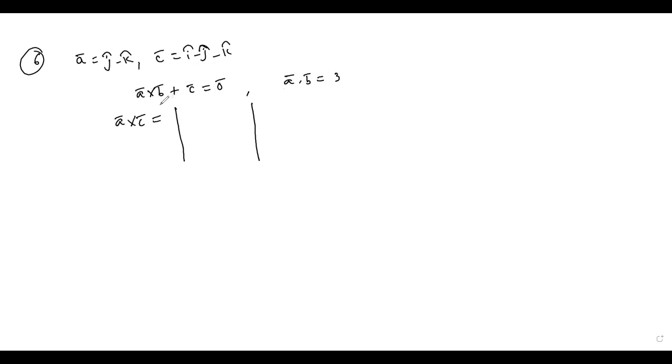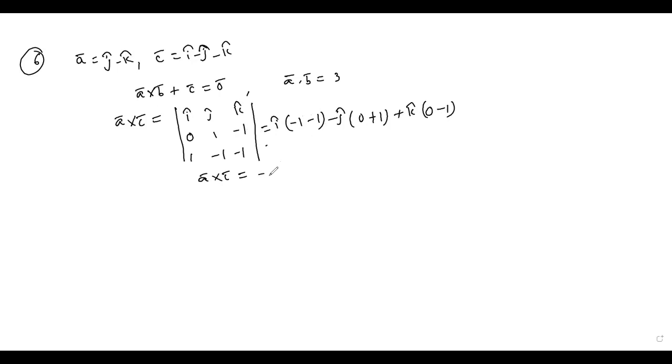Now in this, what value will we get? A bar components here i, j, k. A bar components: i coefficient 0, 1, minus 1; and 1, minus 1, minus 1. By expanding this, we get i into (1 into minus 1 minus 1), again minus 2, minus j into (0 into minus 1 minus 1... ), plus k into (0 minus 1). Total A bar cross C bar is minus 2i minus j minus k. Here for this equation 1,